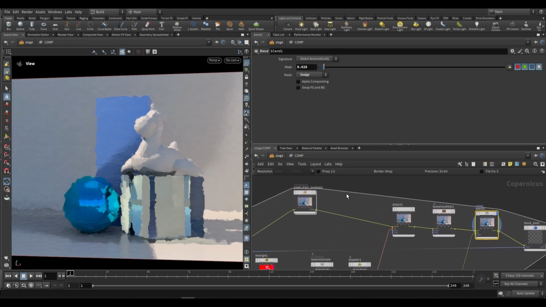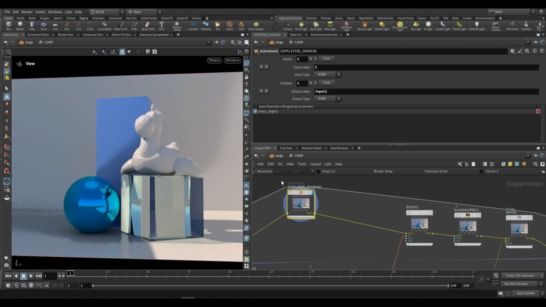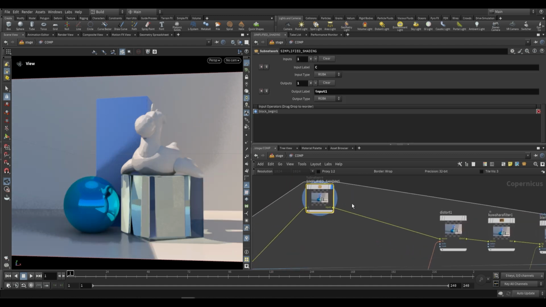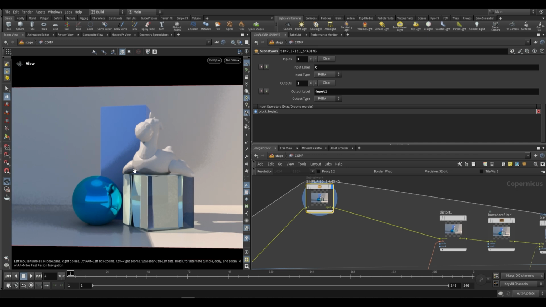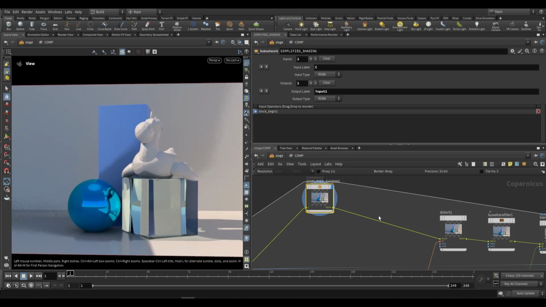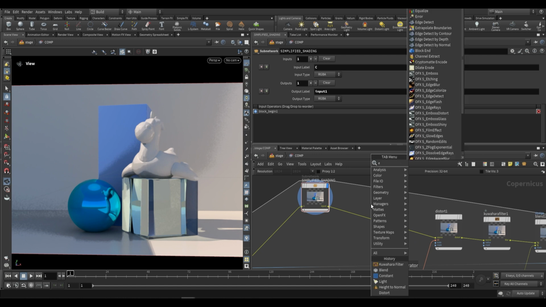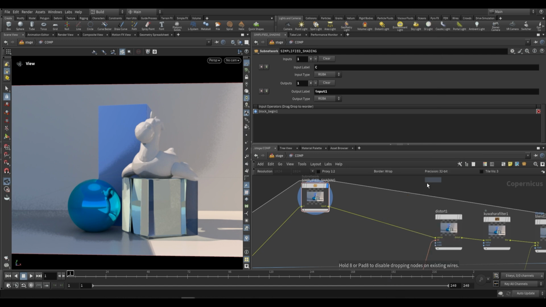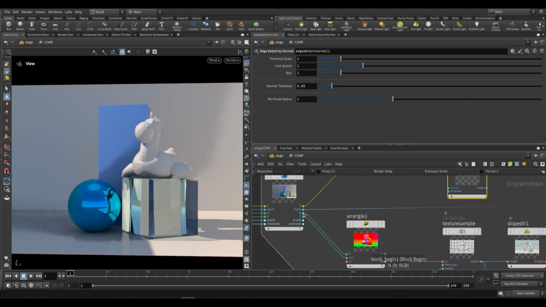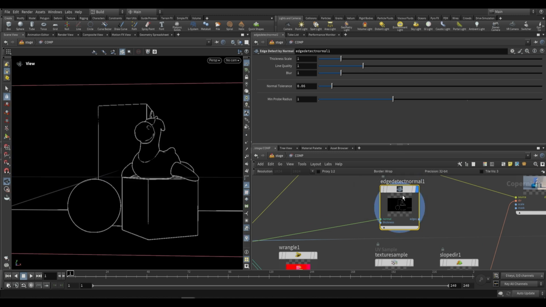Now keep in mind that you can still make all sorts of adjustments after this simplified shading node. One thing that might be interesting is to add some outlines, or to even add things like chromatic aberration. So let's go ahead and add some outlines. And we can do this with an edge detect by normal. So because we have our normal layer being output, we can take this into the normals, and that will give us these edges, increasing the edge thickness scale, decreasing the tolerance slightly,